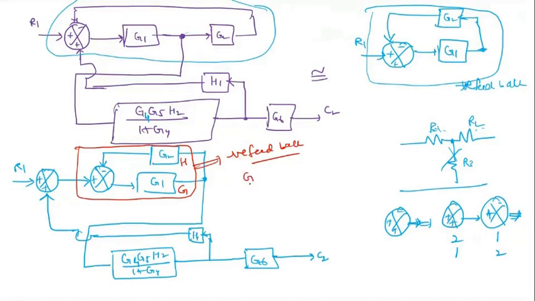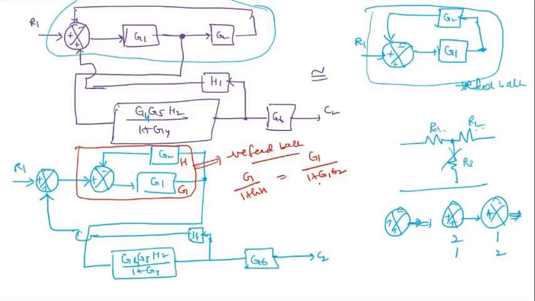So if you apply the formula G by 1 plus GH, instead of G, I'm going to write G1, and instead of H, G2. So in this red color box, I need to substitute or change this block. If I change this block, what is the resultant? With that, almost our problem is going to be finished. Within only one or two steps, it is going to be finished. So now the resultant will be only plus plus, bottom also plus, right?